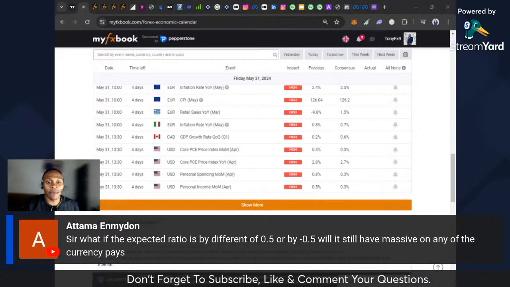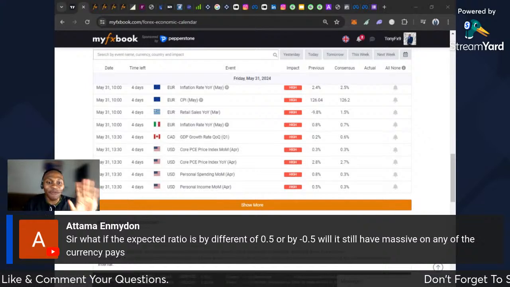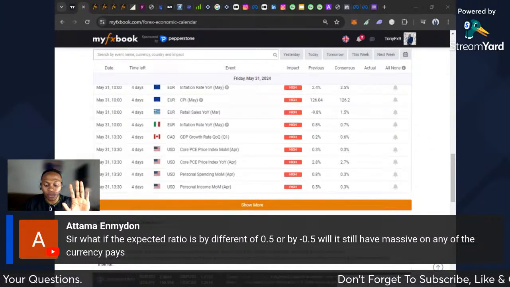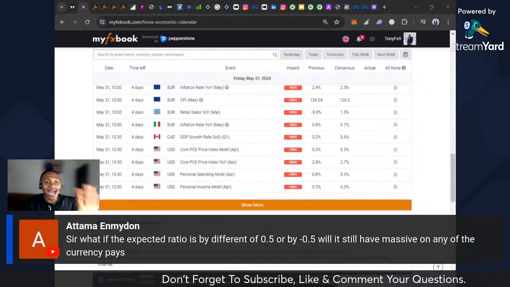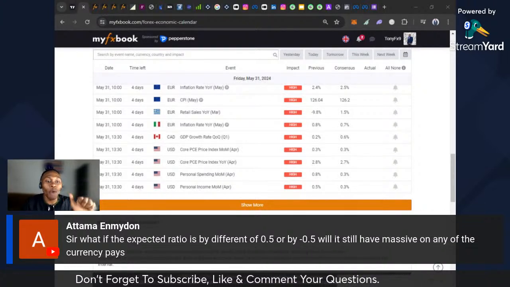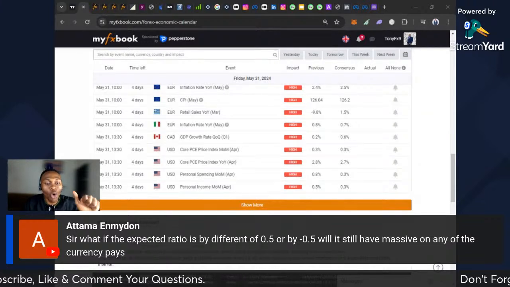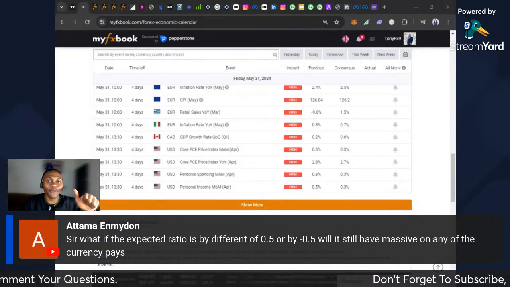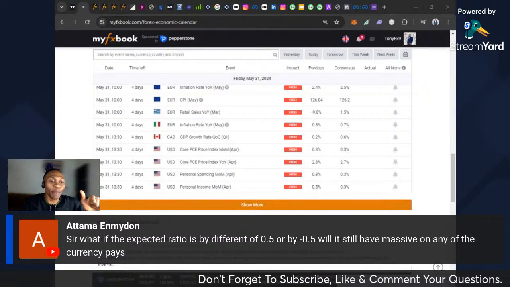When it comes to fundamental analysis, news that affects the market, we have the top 5 news that affect the market. Number 1 is non-farm payroll. Non-farm payroll has been number 1 since 2007, on the leading board.